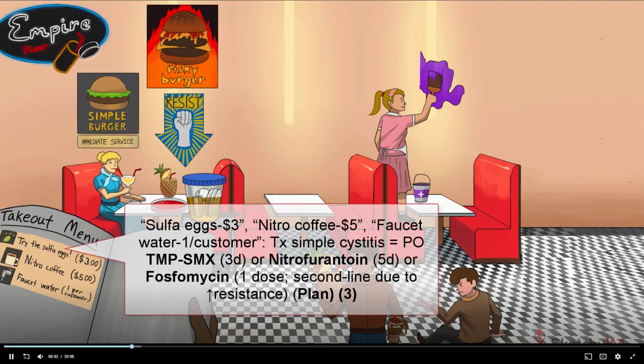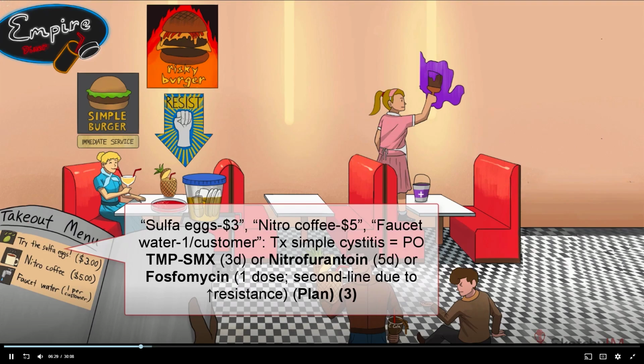For simple cystitis, the first-line antibiotics are generally trimethoprim-sulfamethoxazole for 3 days or nitrofurantoin for 5 days. Depicted on the menu by the $3 sulfa eggs and, for that morning's pick-me-up, $5 nitro coffee. Fosfomycin, given in a single dose, is another option, though it is generally considered second line due to increasing rates